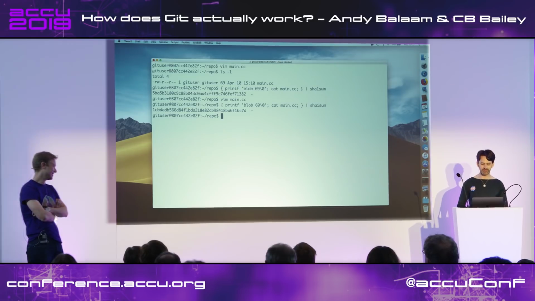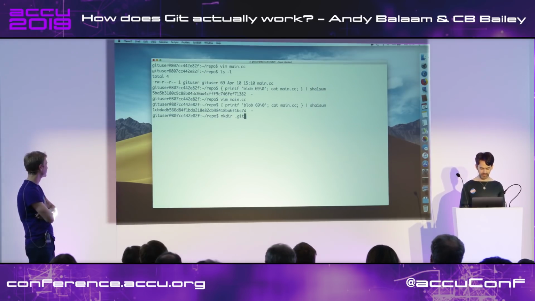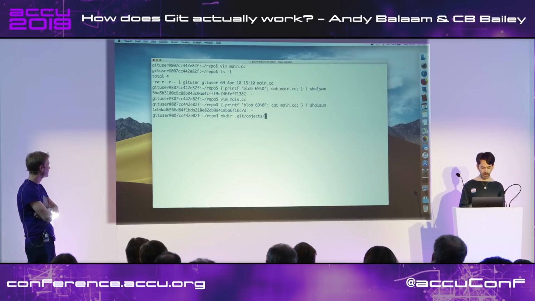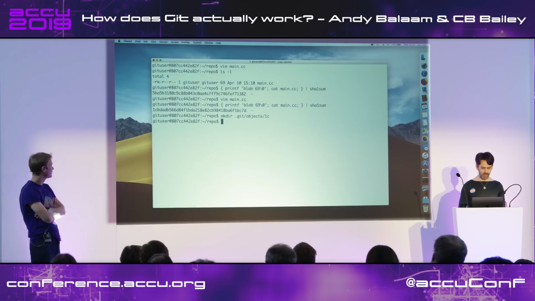So now I know what the ID of this object is, I can write it into my Git object directory. But the way Git does this is it creates one of 256 directories based on the first 2 digits of the hash. And then,